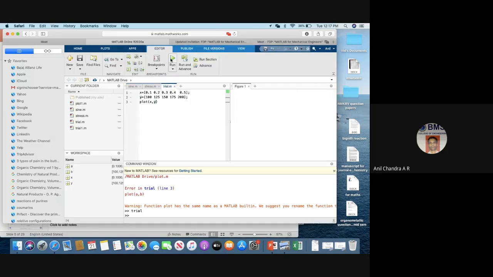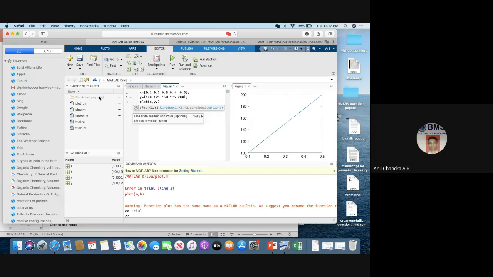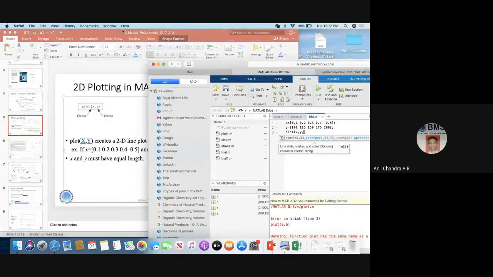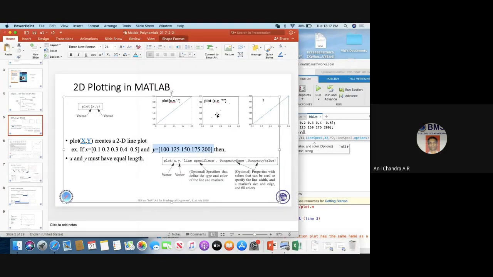So we have a plot here. Okay, so now I would like to have different methods. What I said was I would want to have markers like this star.